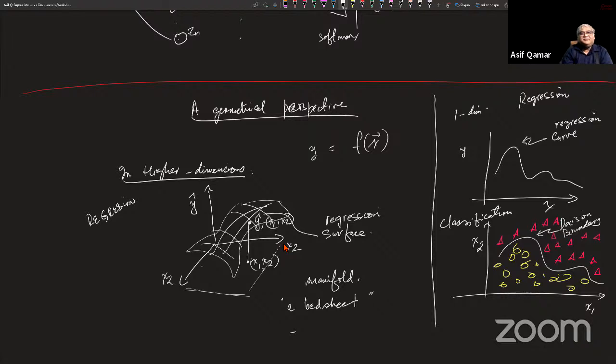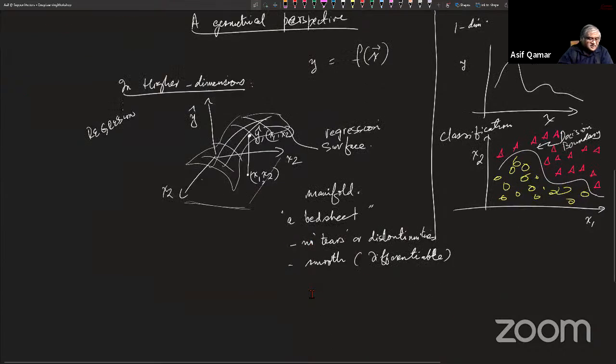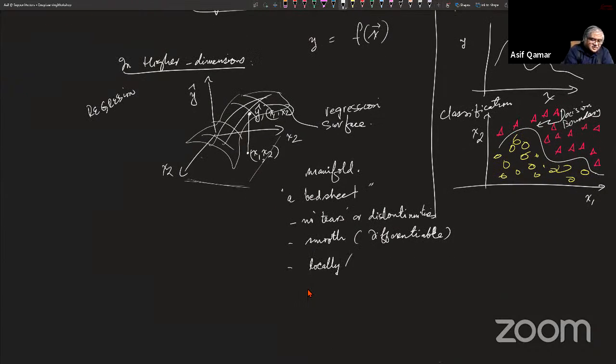Let's have a bedsheet without tears or discontinuities. It is smooth, so it is not an iron bedsheet with creases or sharp edges. It is smooth everywhere. The word people use is differentiable. And it has one property which is very crucial to manifolds, which is that locally, in the eyes of an ant, or God forbid, a bedbug crawling somewhere on the sheet,